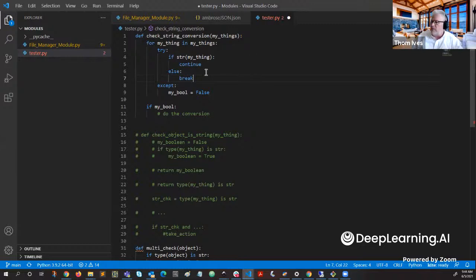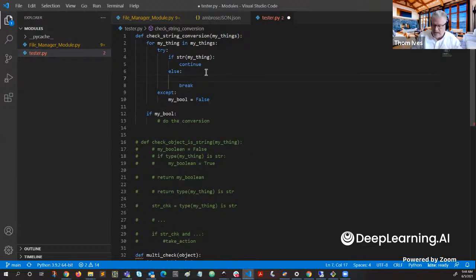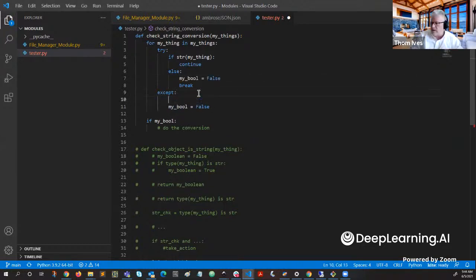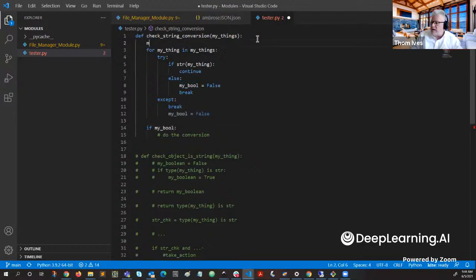But before I do that, I should not have deleted that. We say my bool equals false, but we also can do it here. And that way it's saying, okay, darn, I can't do it. But if my bool never got false, and before we came in here, we said my bool equals true,